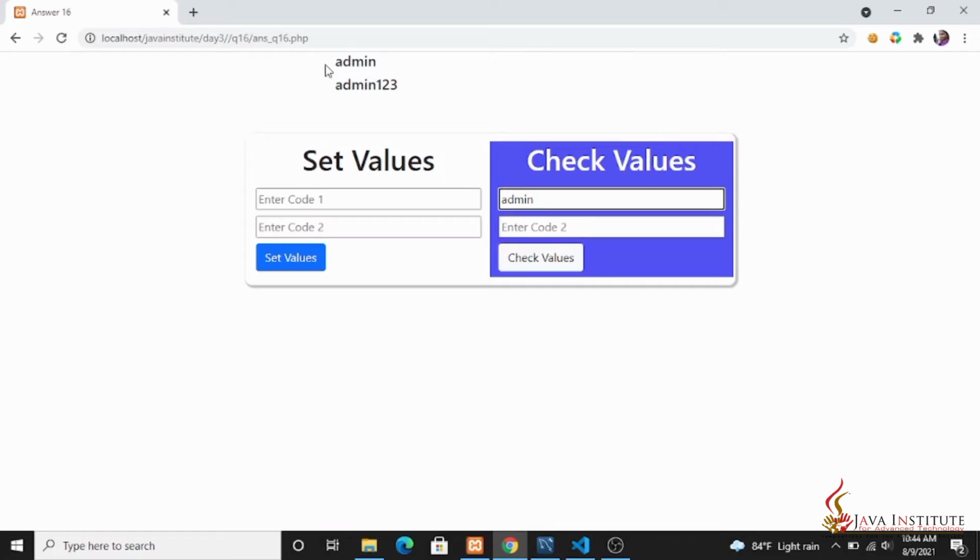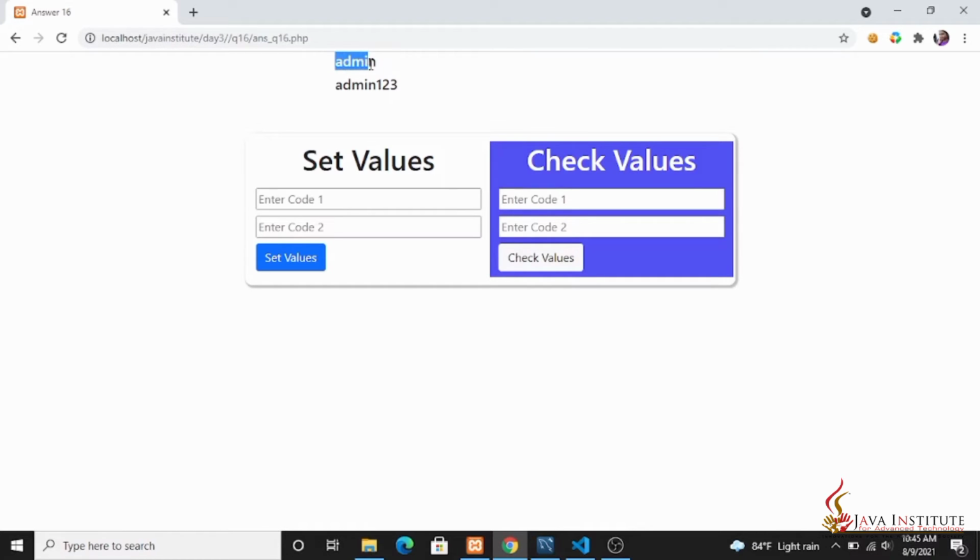for the first code, here admin, and then I'm going to check values, but again I have to enter the code. So I'm here entering admin, and here another code that does not suit this code, and I'm here entering another code as 45, and then I'm going to check the values. That means it says that it's an invalid code, because if that is invalid, I can't go to the main page. I should enter the true codes.